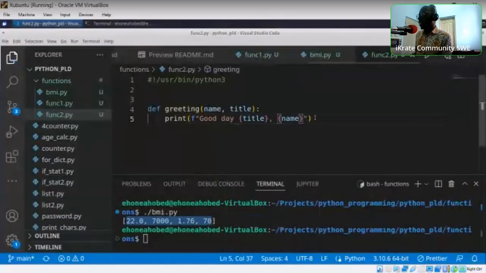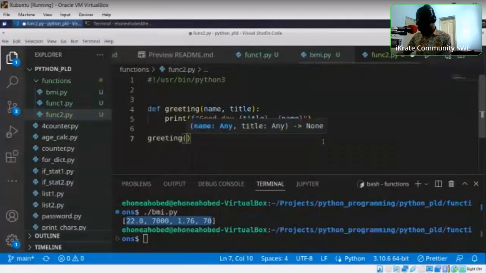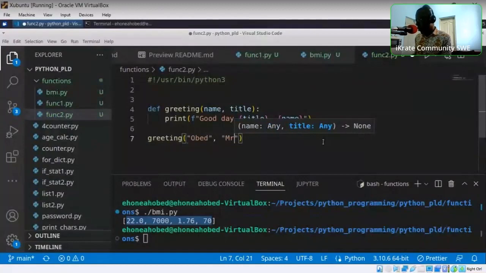Okay, so this is a very simple function that just greets you depending on your name and your title. All right, so I will go ahead and use this function to call the function. This is greeting. Then the name is Obed, and the title is say Mr. Okay,